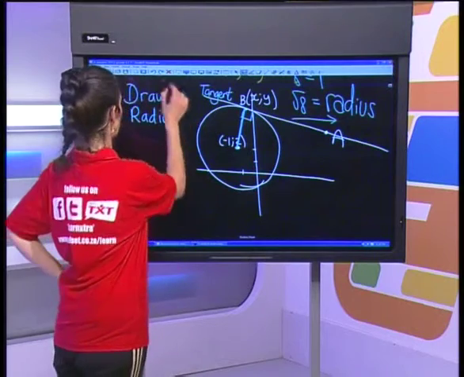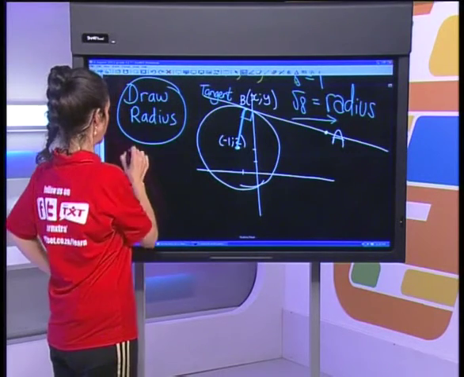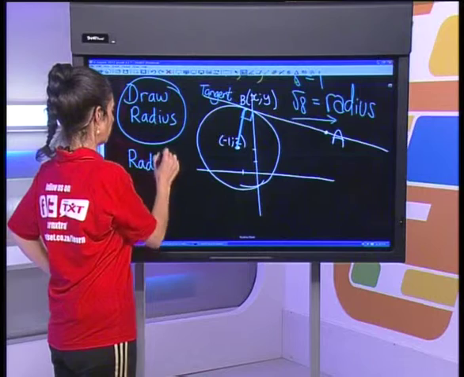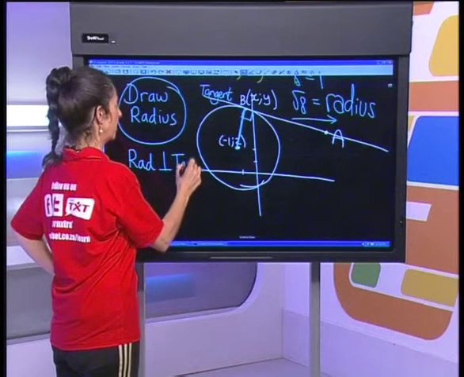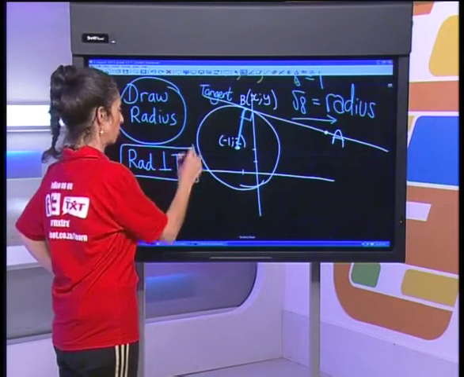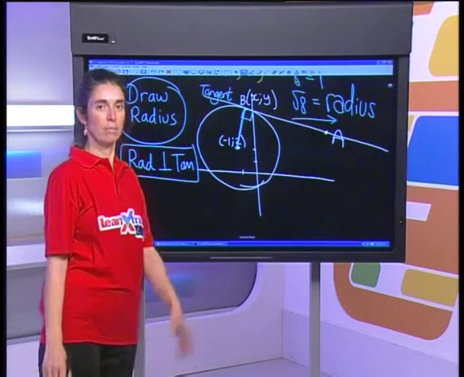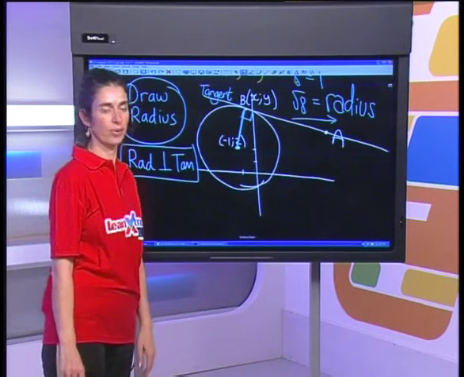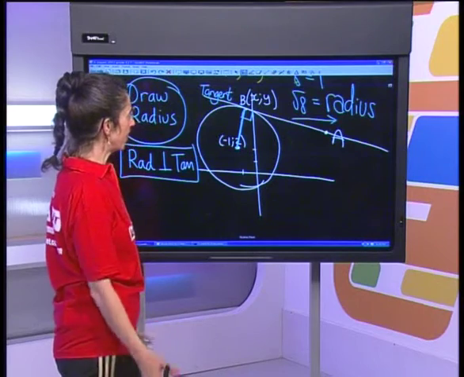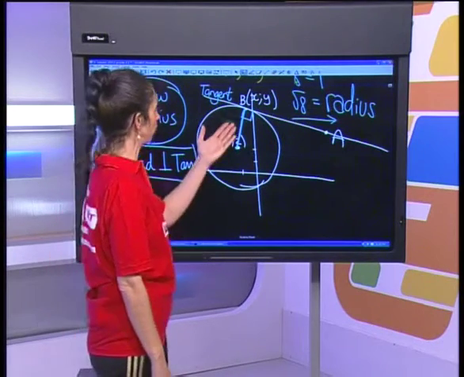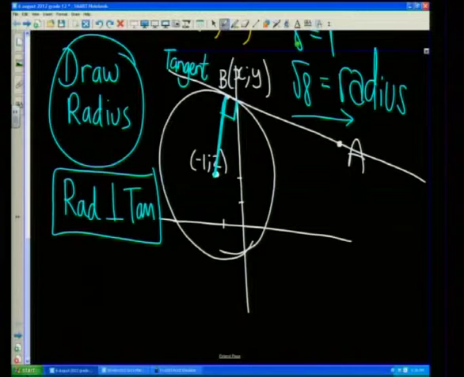So we've got the drawing of the radius. Why do we do that? Because my radius is always going to be perpendicular to my tangent. It is one of the properties of these two lines. They will not meet at any other angle except at 90 degrees. Okay, and then I think the other thing that we begin to see is that, hey, if I've got 90